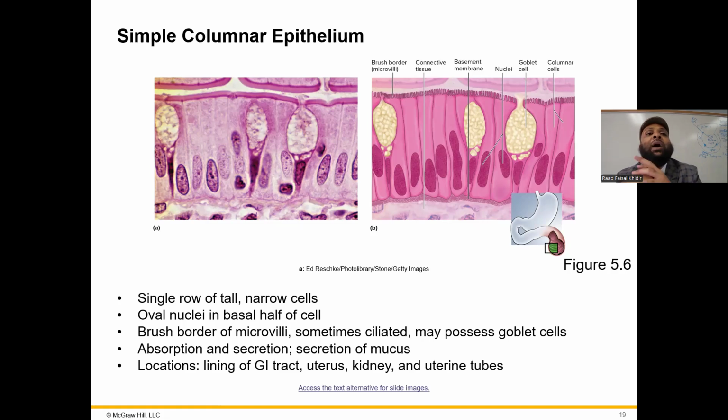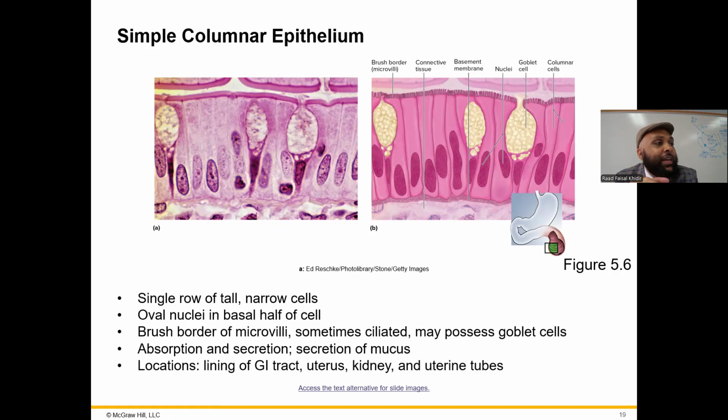So what happens to somebody who has gastric reflux? So they have reflux disorder. The acid keeps going up from the stomach through the lower esophageal sphincter. So now the corrosive burning acid is going to start touching this simple columnar epithelium. So what do you think is going to happen? It's going to erode it, but in order for the cell to survive, it's going to undergo something known as